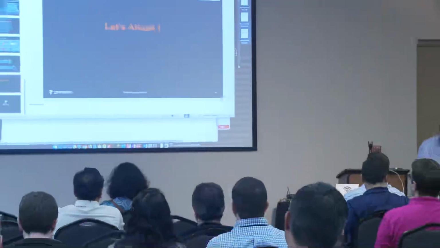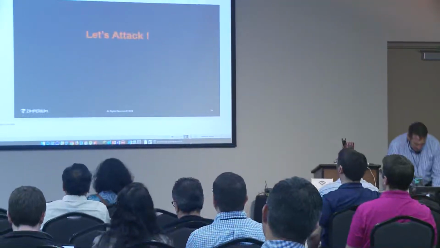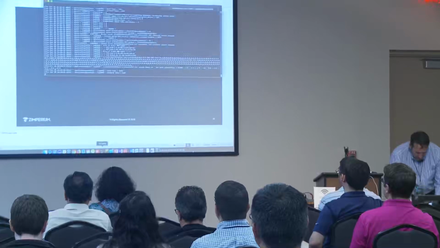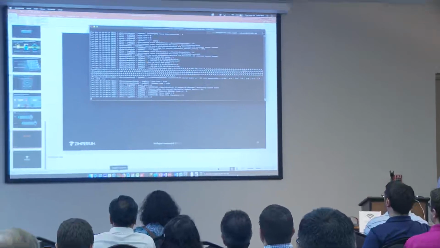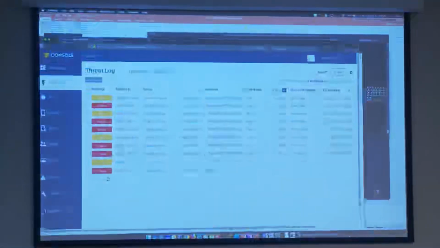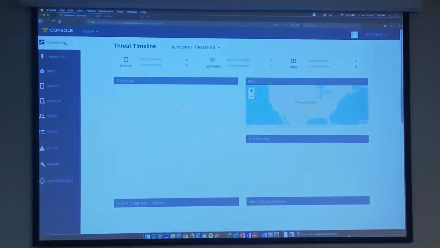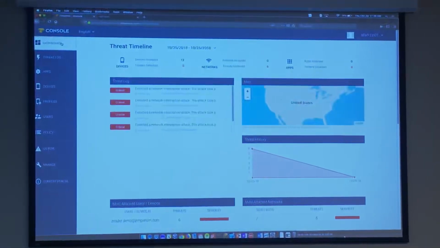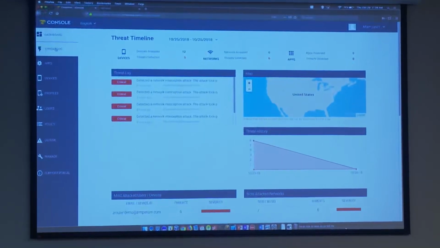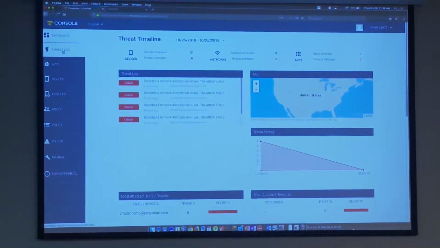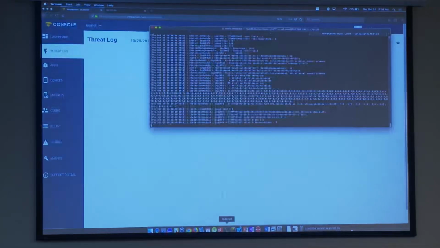Okay, so, all right, here's our console in the background. And I will go to the threat log. And then I have a BetterCap window.